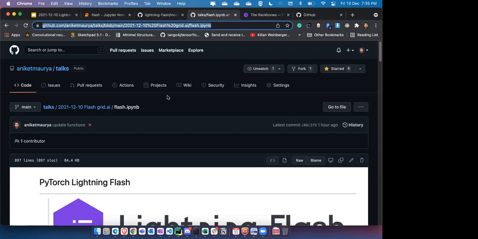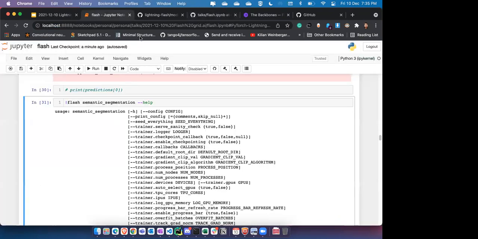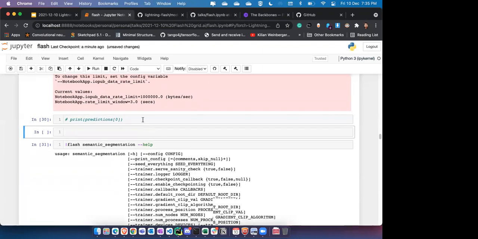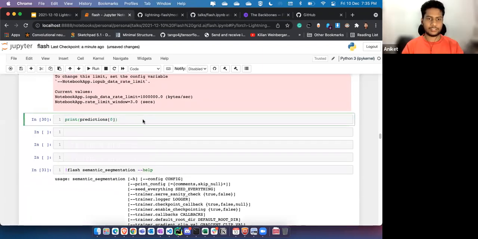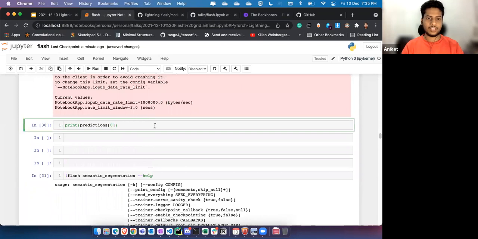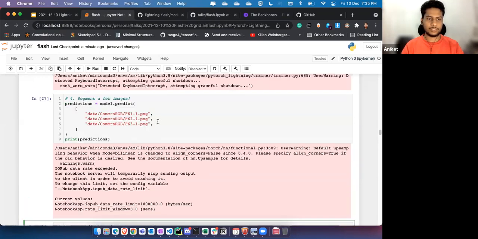And it also looks like Hyunjin was asking about seeing the result from prediction at 0. Okay, this one. This semantic segmentation prediction 0. So here, let me give only one file path.